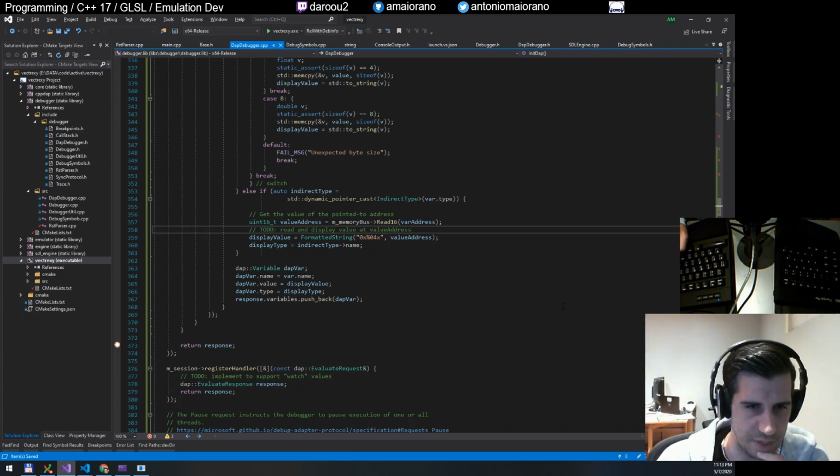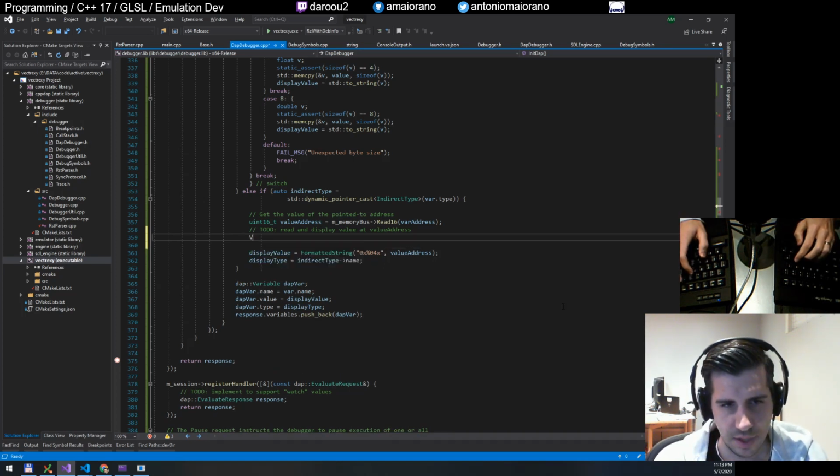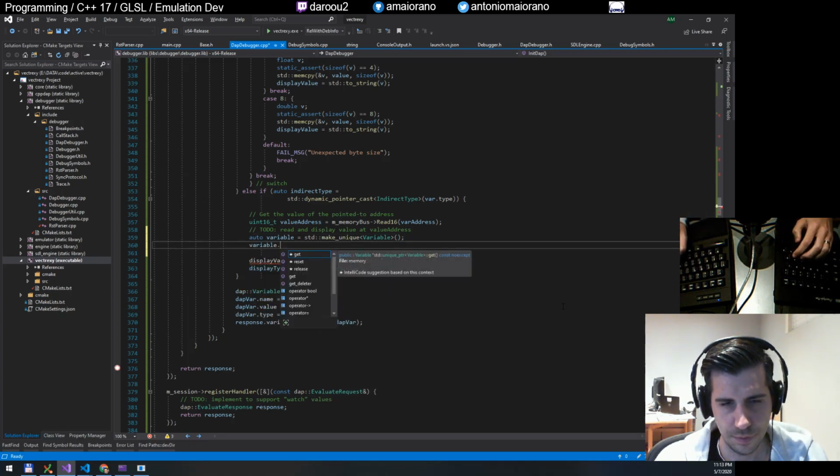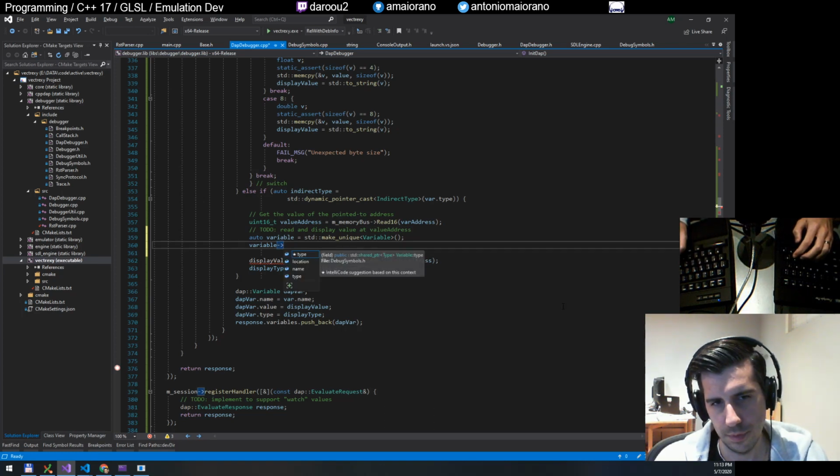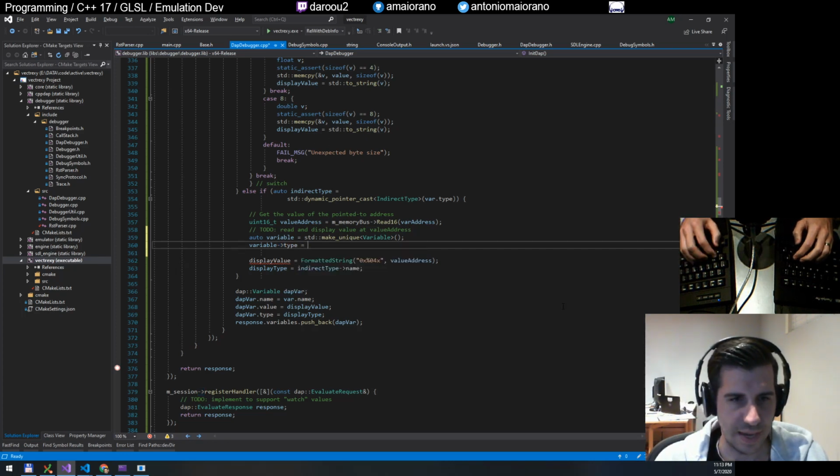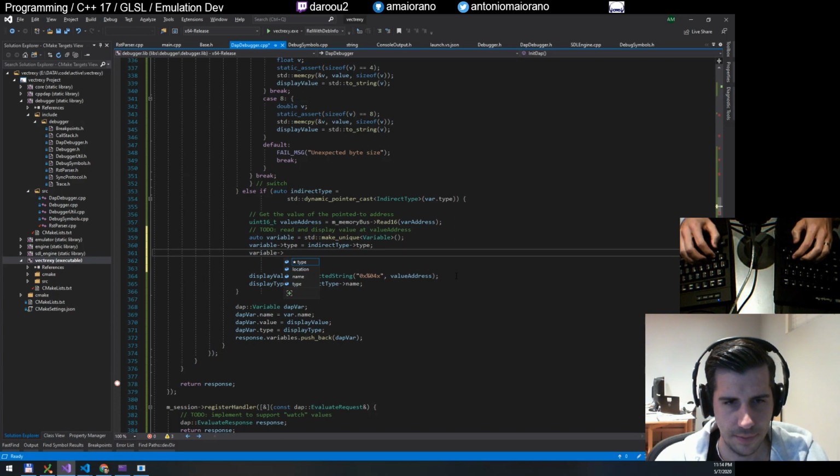So coming back to this, the idea would be that we know we want to create here, so I guess the type is that of the indirect type, actually. Yep. I guess the name